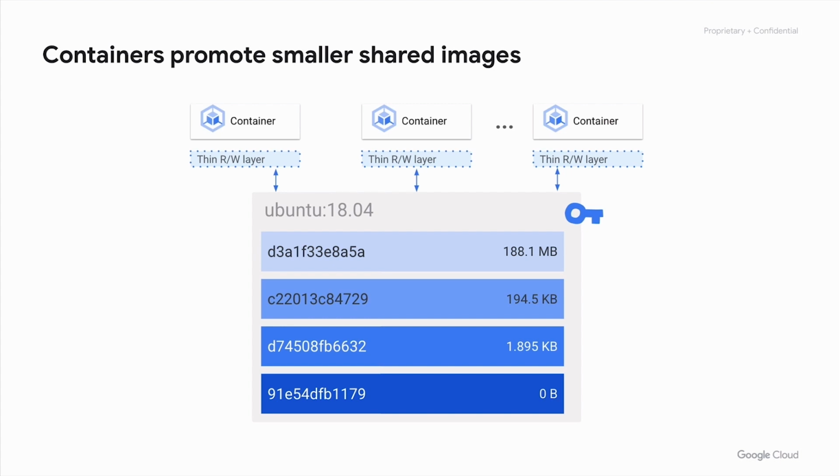Any changes that you make to the running container are not saved in the container image itself. So whenever you want to store any data permanently, you have to do so in some place other than in the running container, which kind of helps with documentation in a way. It's kind of nice